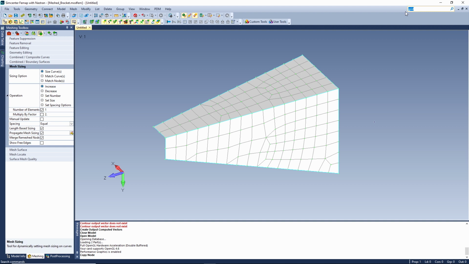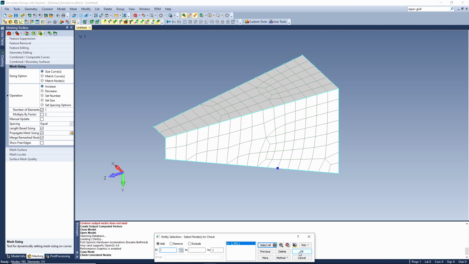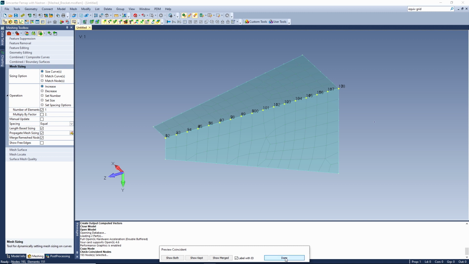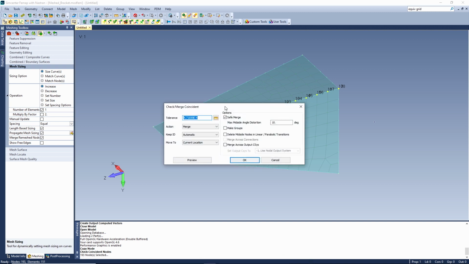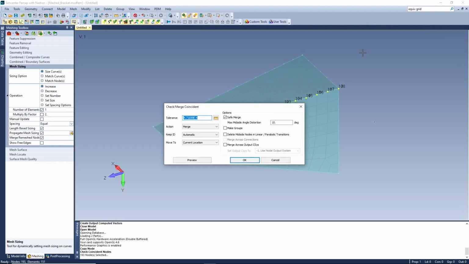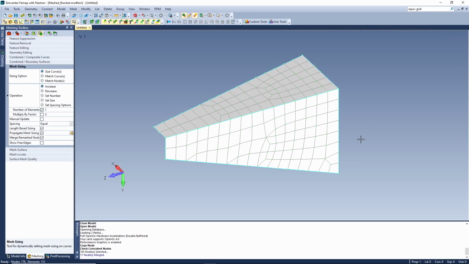Something else we can do is, in some other CAE applications, the word equivalence means the same as coincident to us. So if we type in something like equiv grid, it's going to bring up just that one command, which would be coincident nodes, which in this case our model actually needs in order to be fully complete. I can take a preview of my command, just say done. Also, if I want some more help on the command at any time, I can hit F1, and it's going to go out to the online help and show me everything about this command. And then I can just say OK to complete the command.